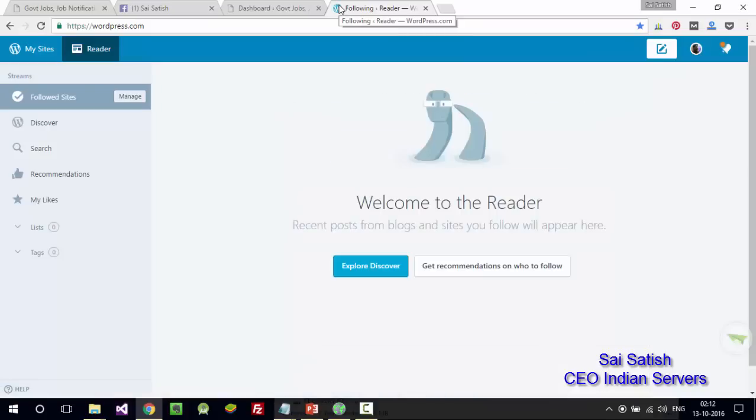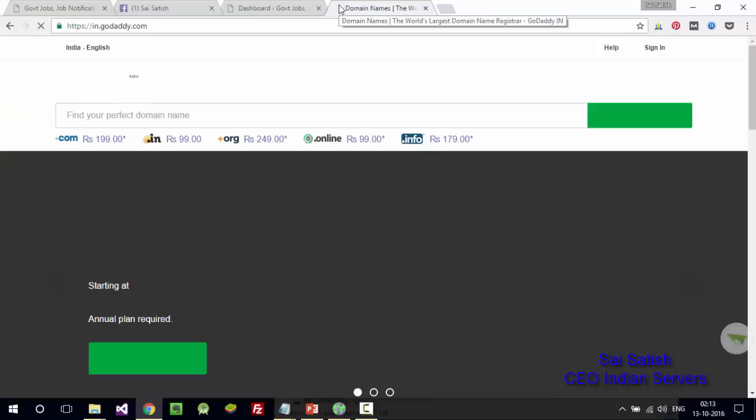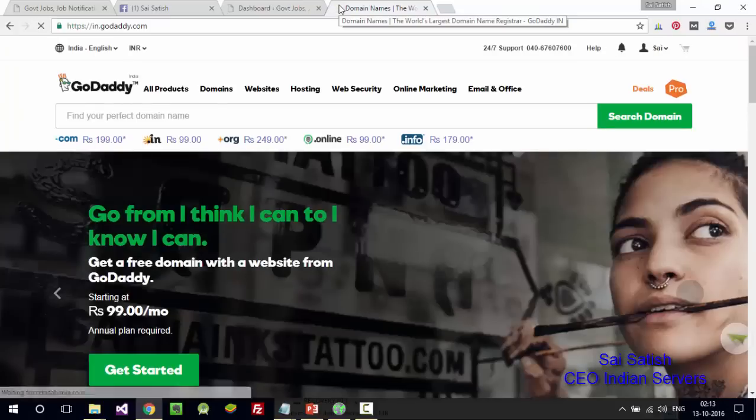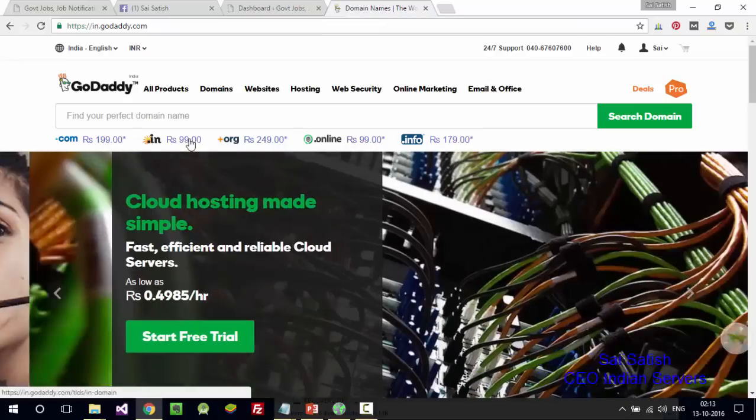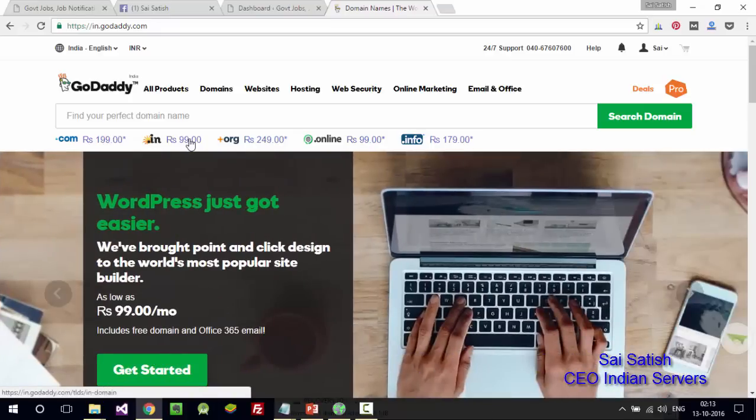If you have some money in your credit card, just go to godaddy.com on your net banking and purchase a good domain. A .in domain you can get for 200 rupees or 100 rupees also. See here, .in 99 rupees. So purchase a good domain, have a professional domain, have a hosting account, and do all these activities.